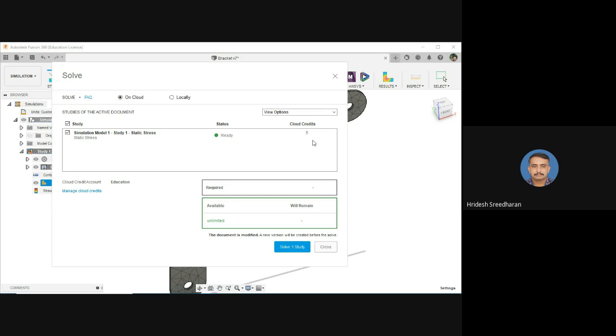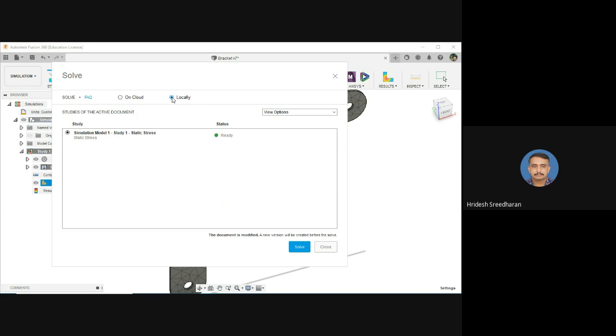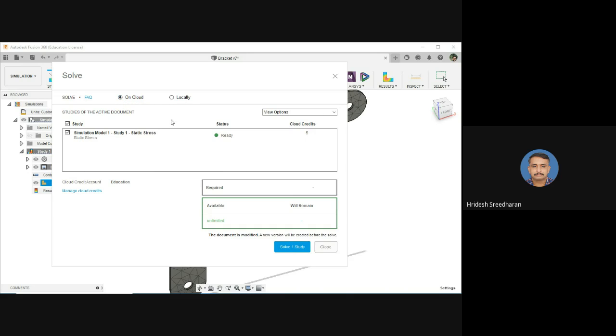Since we are using the education version, we have got unlimited cloud credits. Otherwise, if it is a purchased one, the cloud credits have to be paid. So in such a case, if you don't have many credits, you can do it locally. Definitely, it will take some time, and it requires a good system configuration also. So for the time being, we'll go for cloud credit itself.